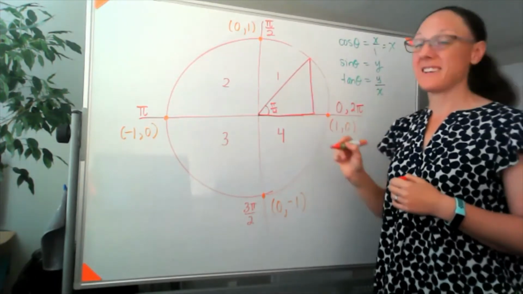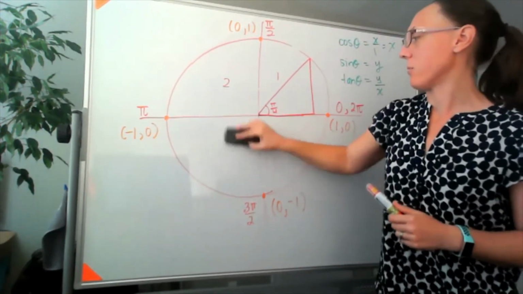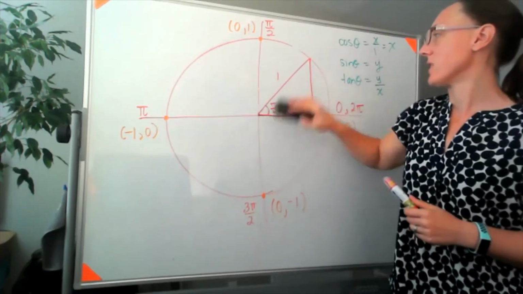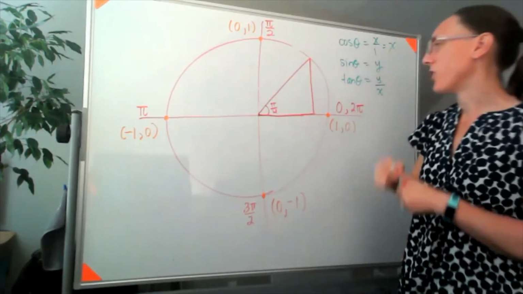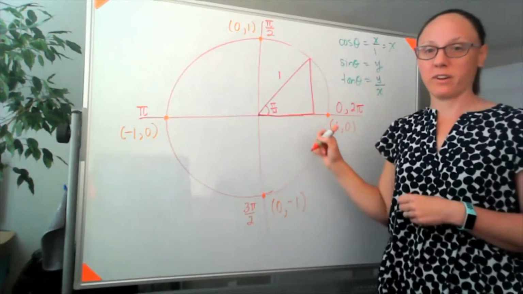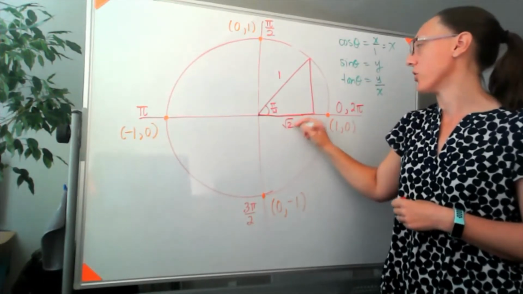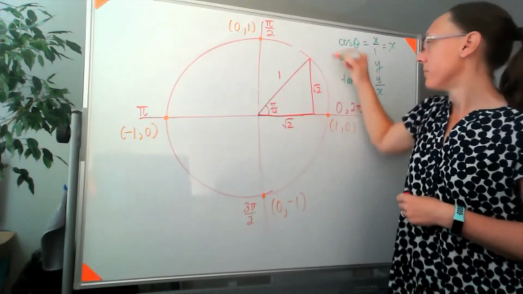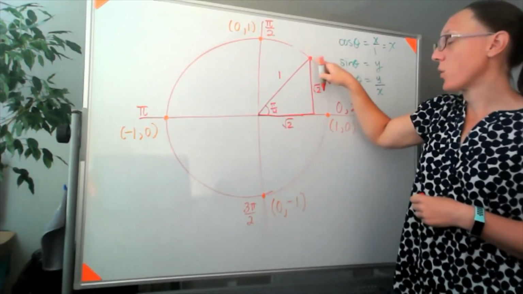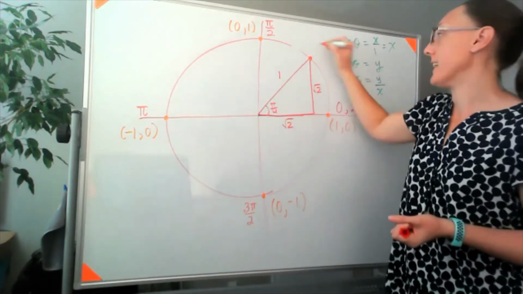Well, if I know that that side is 1, and I'm going to get rid of my quadrant numbers just so that they aren't confusing to us. So if I know that this side is 1, and that's an angle of 45 degrees, then each of these sides have to be the square root of 2. So if I were to label this coordinate for an angle of pi over 4 or 45 degrees,